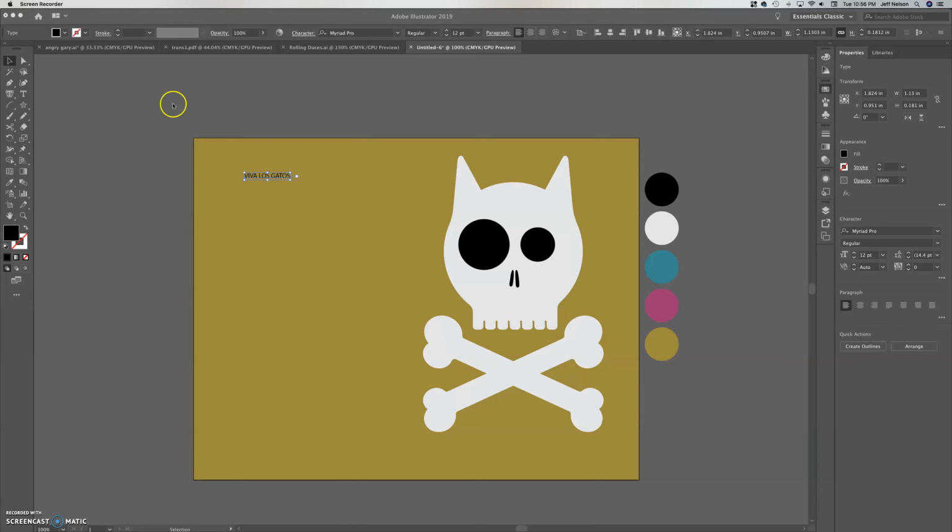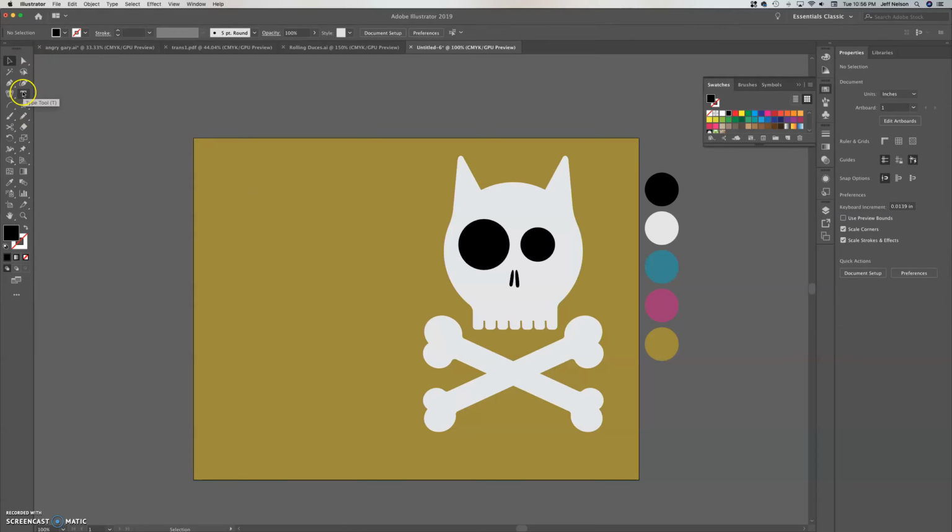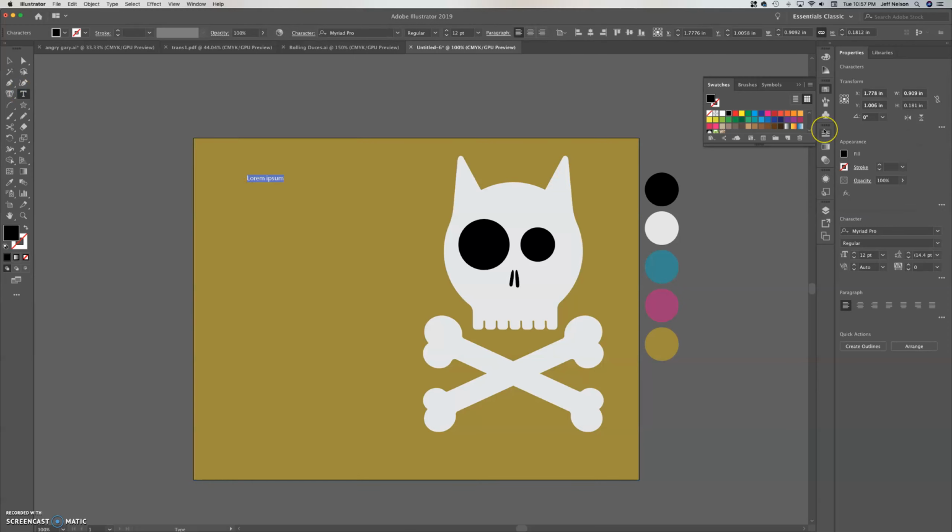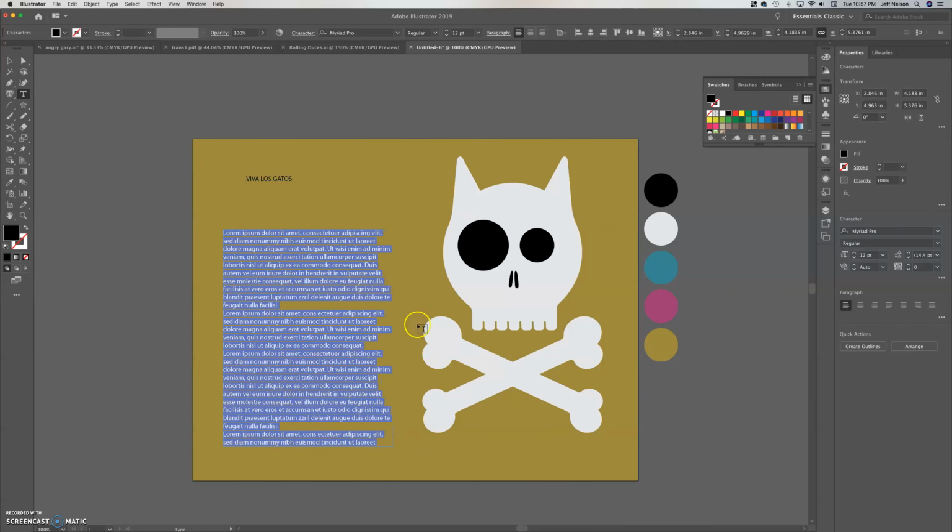Alright, so there are two different ways to put in text. One of the first ways is to just click and start typing. And then the other way to do it is, instead of just clicking and typing, I can actually put a bounding box in there too. So if I say I only want my type to go inside of here,